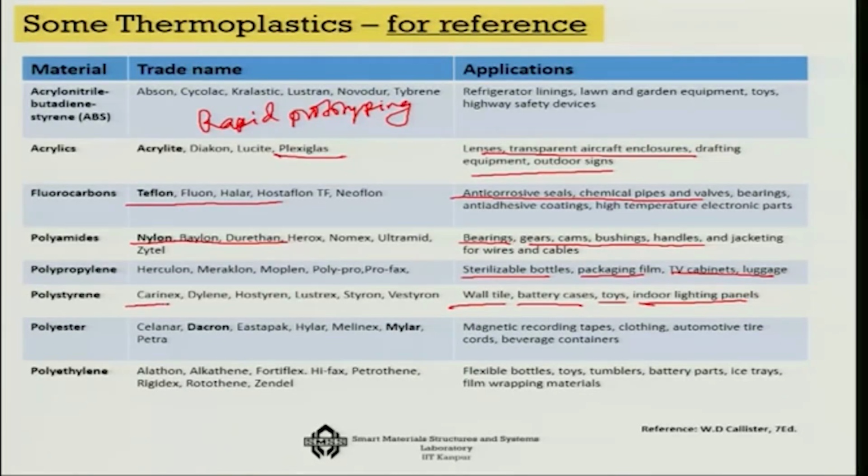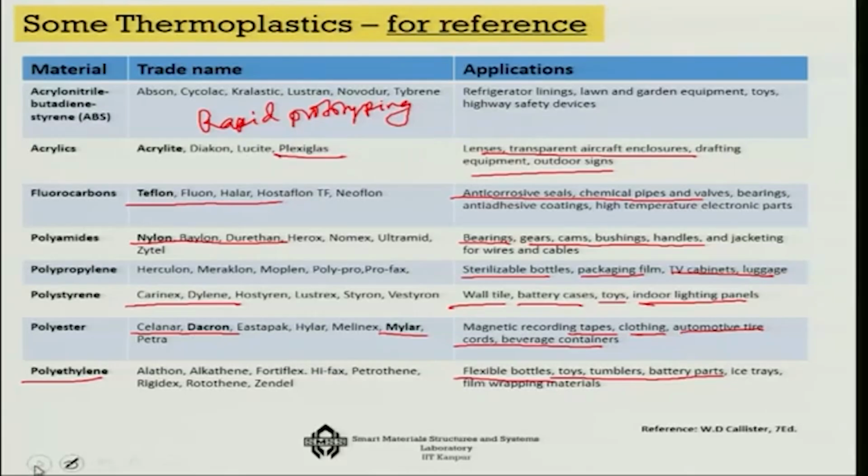Typical examples are like Carinex, Dilene, etc. Polyesters, like fibers, Dacron, Mylar, are used in recording tapes, clothing, automotive tire cords, beverage containers, and polyethylene is used in flexible bottles, toys, battery parts, tumblers,